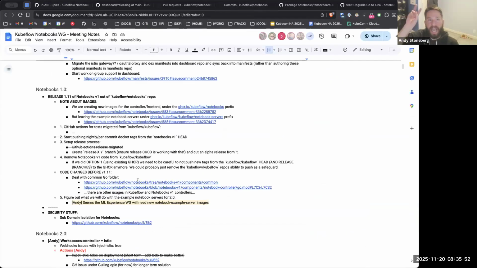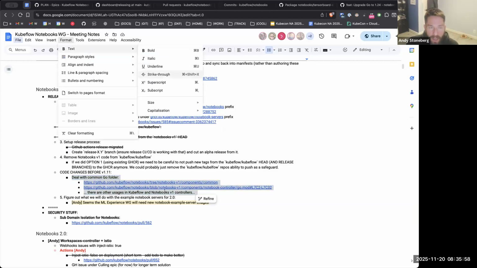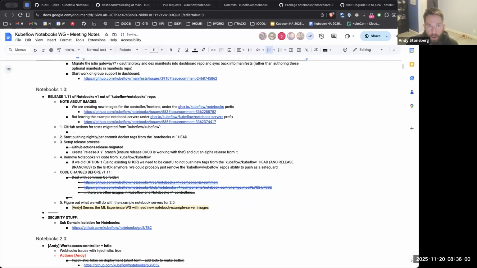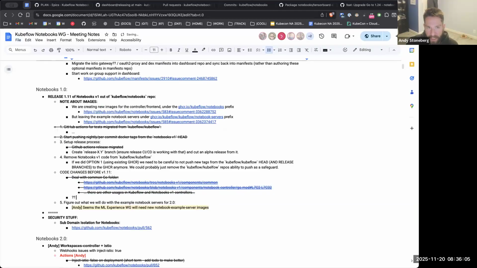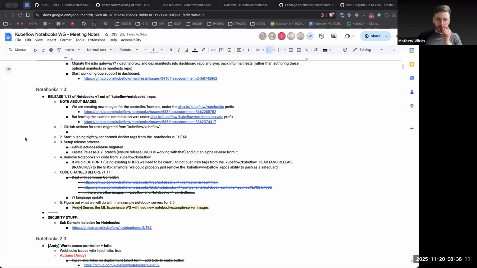Now, there was technically a change because, as discussed, we got rid of that common component. Oh, that's fine. Yeah. But other than that, there's nothing we have uniquely added to our Notebooks V1 branch, but it is possible something was merged to Kubeflow that we need to cherry pick. So this is the debate. We just have this debate now, which is, are we going to do the language update PRs? Are we going to merge them all, or are we going to risk it? You know what I mean?